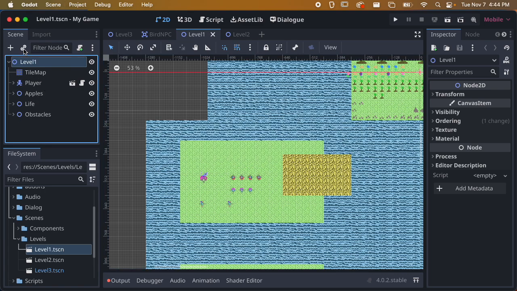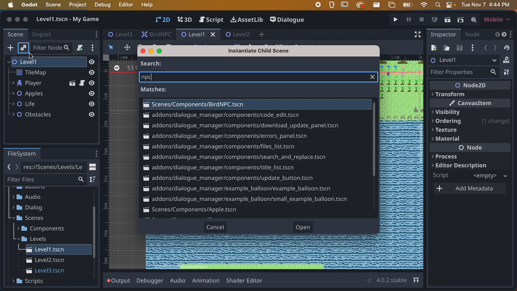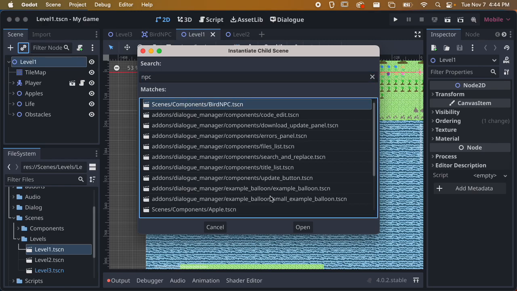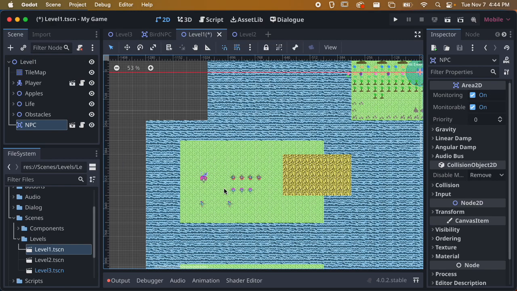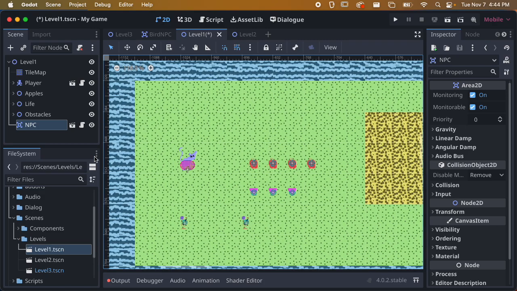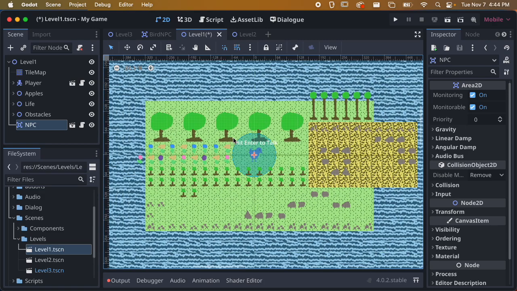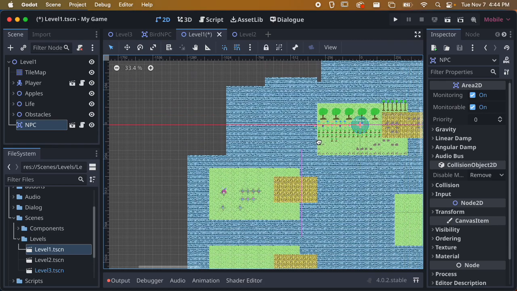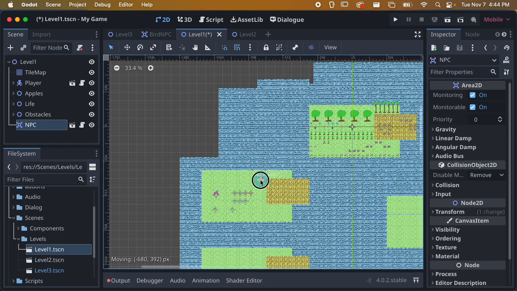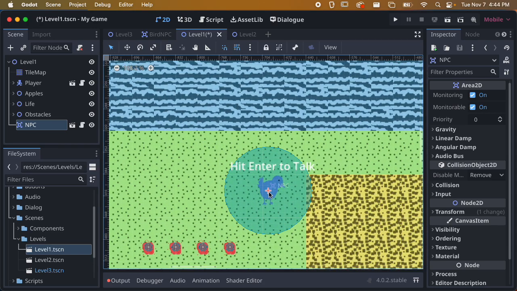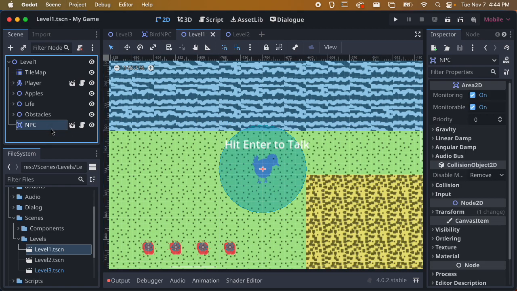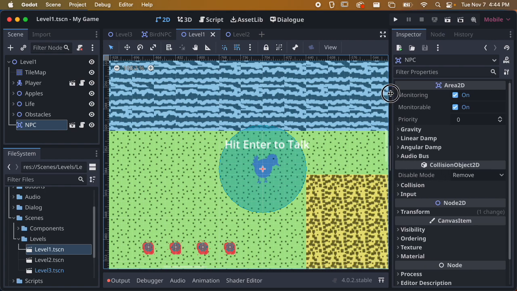So I'm going to click on the link node to add the scene. So I have my bird NPC. I'm going to click open. And I'm going to click F to find that. Oh, I forgot I moved my guy over to this other island. So here's my bird NPC right here. And then if we click on the bird NPC, actually this is where we're going to really need to fix that error. We'll see some properties here, but we don't